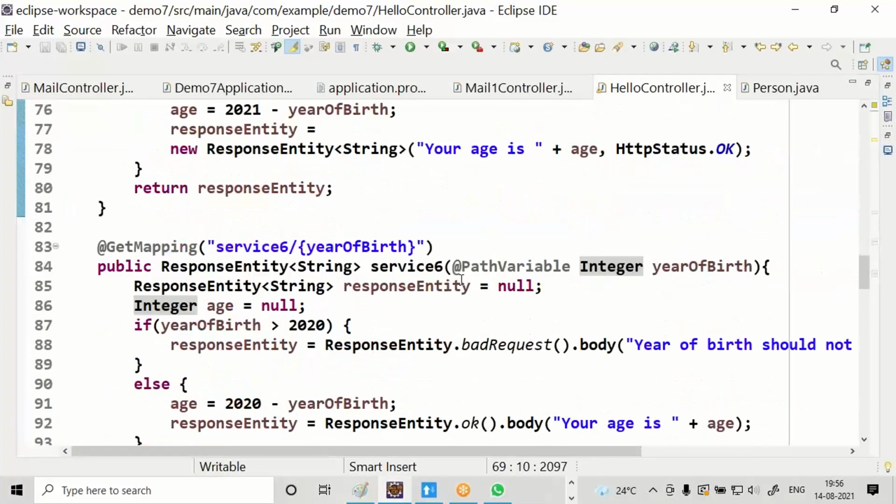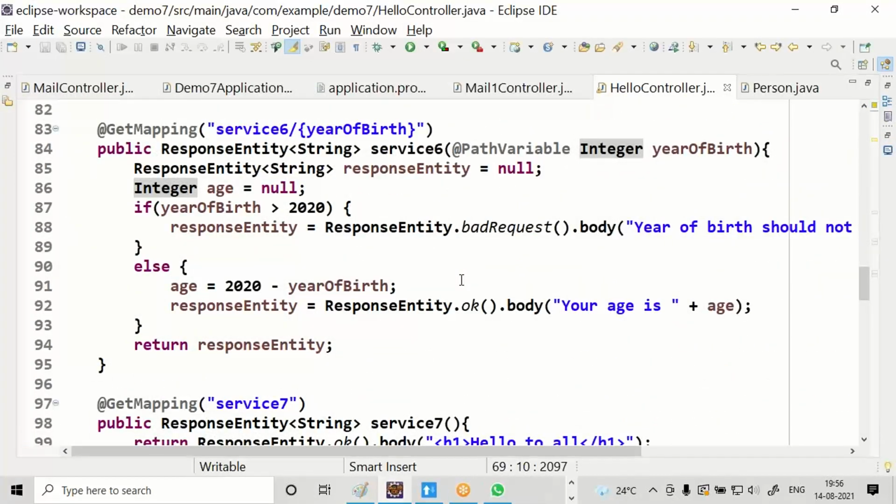Come to the next service. We are using, guys, the same service, but a static method instead of a constructor. Method name itself is telling what the status is.